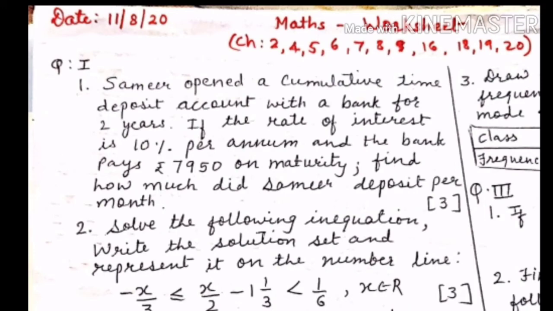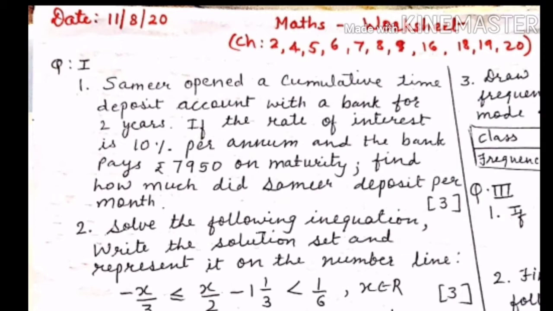Now this is a worksheet which I have prepared from the chapter we have completed till now, and this is question number 1. In question number 1, the first question is regarding our chapter Banking, in which you are given a 10% rate of interest and the maturity value. You have to find how much the person deposits per month. It means you want to find the value of P, the principal, which we put in our formula. So students, you have to first use your maturity formula, and then you have to solve using the SI formula for